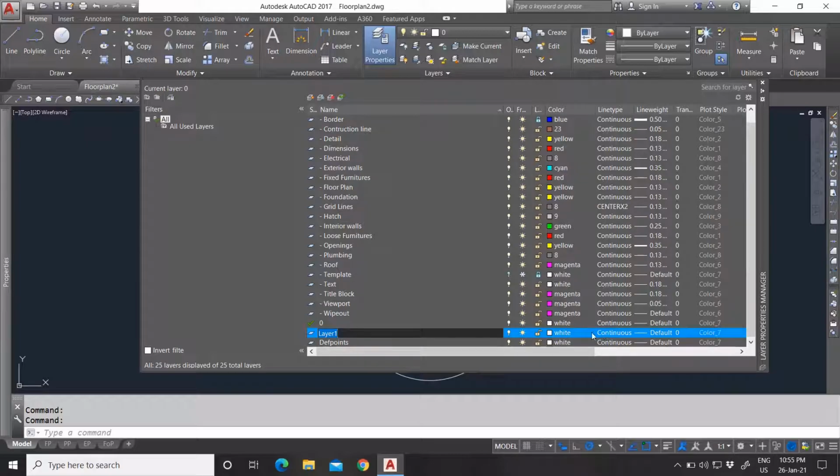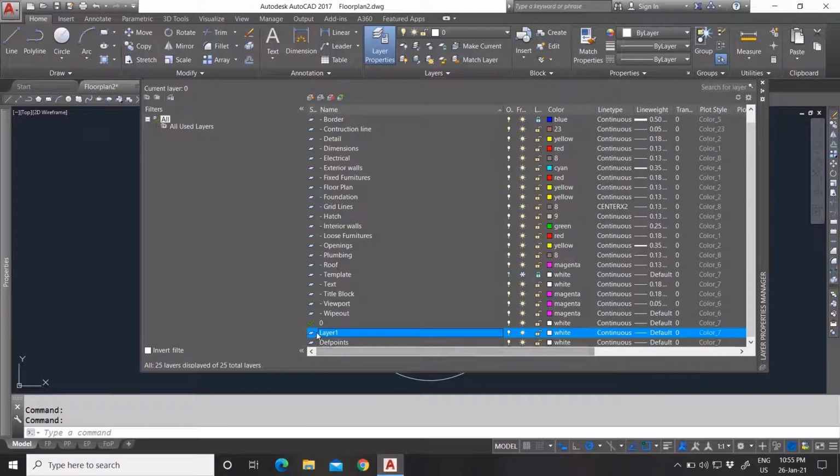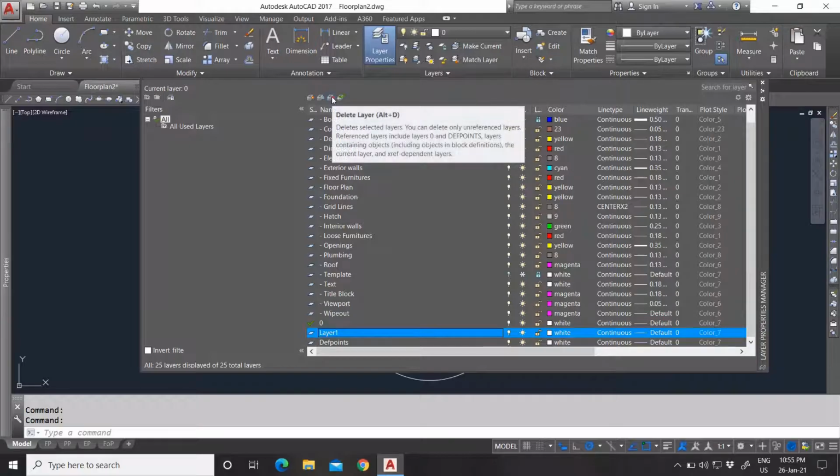Of course, you can choose what line type you want your layer to be in, the line width, and these other settings you can choose right here. So this one is named layer. This one I just made, and I will delete this one because I already made my layers. So I will press delete layer,